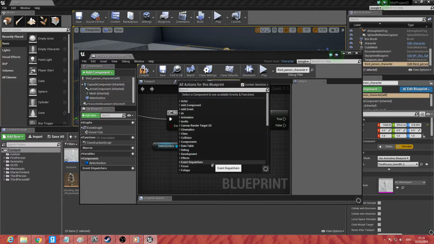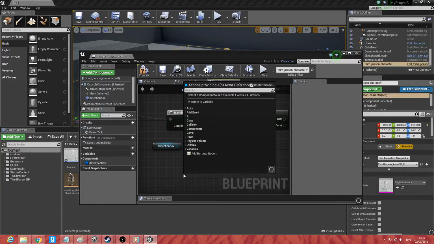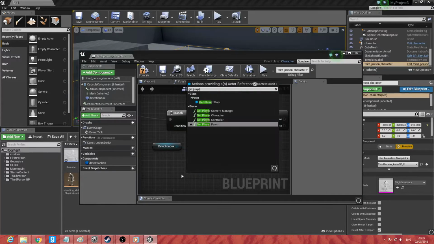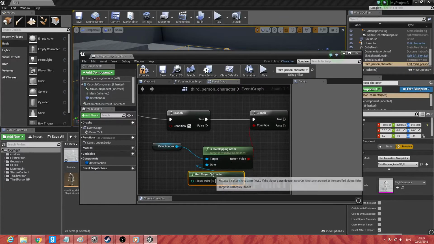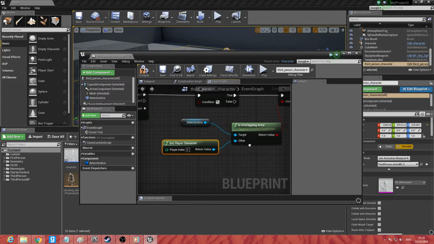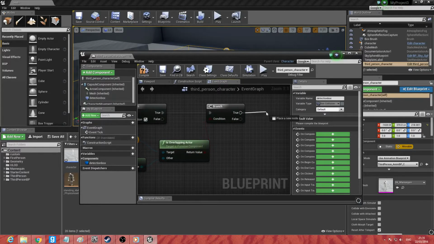So say if two enemy characters overlap, it's not going to trigger the attack sequence. So let's drag this off for other and type in get player character. Basically it's: if the player is overlapping the box,